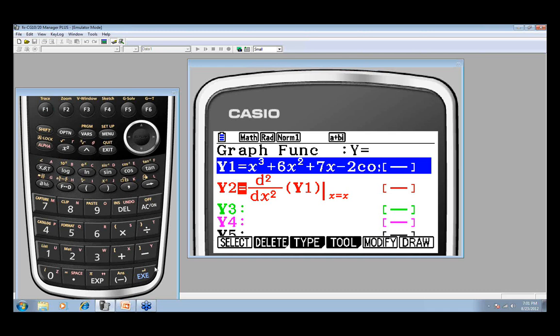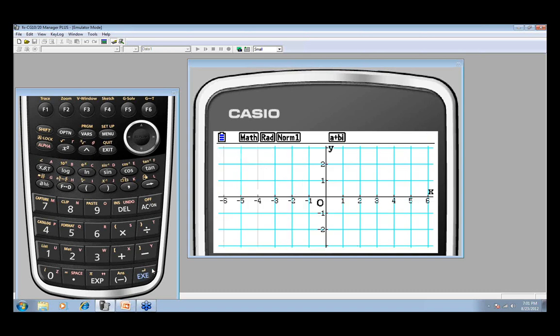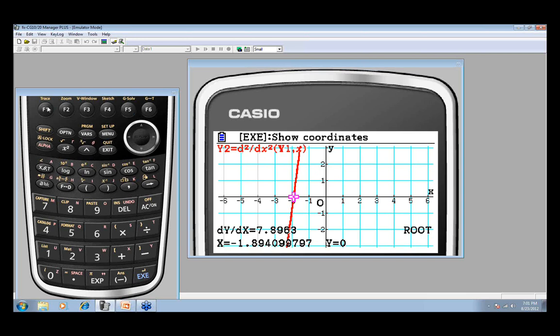Only the equal signs that are colored are going to graph, and until you deselect it, it's automatically going to graph. I want to graph just the red graph, and I want to explore where it's crossing the x-axis. The quick way to find that root is to press F5 for G-Solve, and when I press F5, I'm going to press F1. I don't have to select the upper and lower bound.